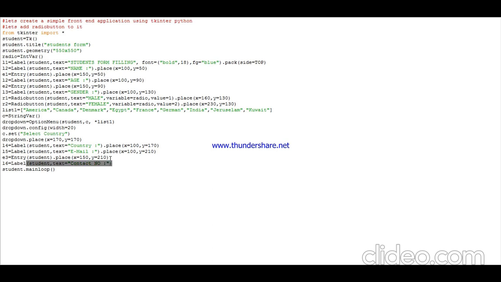So dot place of x equal to 100, whereas y equal to 250. So now I'm running it. So you may see that the label of contact number has been placed inside the tab,